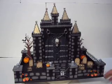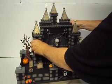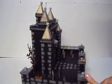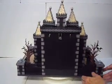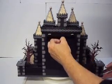And also this castle does come clear off of here and can stand alone by itself without the graveyard. So if I have to put it in a smaller space, then I will just put it in a smaller space without the graveyard. The back opens like this, and the album that I put in here is one that